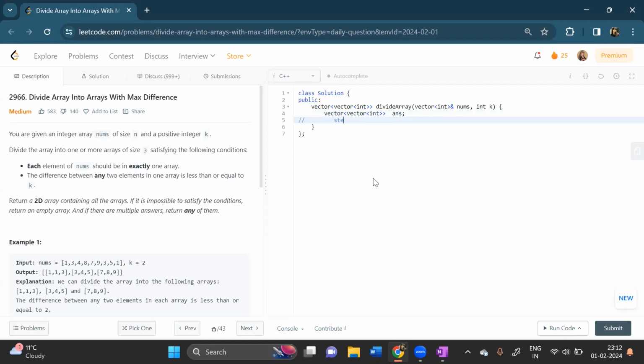Now, what was step 1? Step 1 is to sort the given array. So we have nums. We can use the STL function sort, and we'll give it nums dot begin and nums dot end. By default, this will sort the array in ascending order, right? If you want it in descending order, you can put a greater in here, but ascending order works fine for us. Now, after sorting the array, step 2 was to check for the 3 consecutive